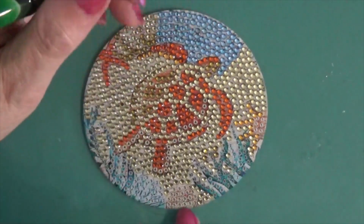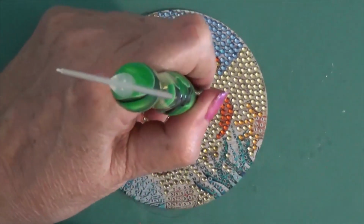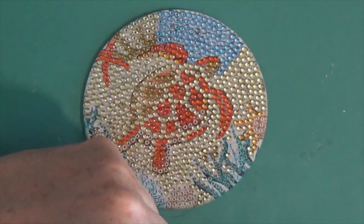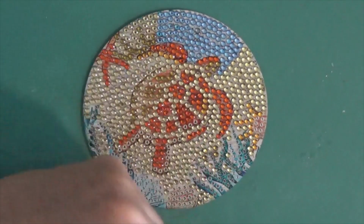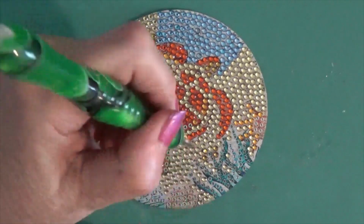Oh, look at all the 5s I've missed. Oh my gosh. I must be absolutely blind. Oh well. My eyes aren't that great. They seem to be getting a little bit better, but...